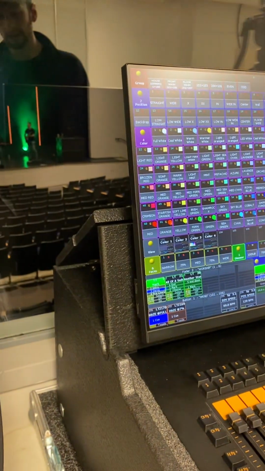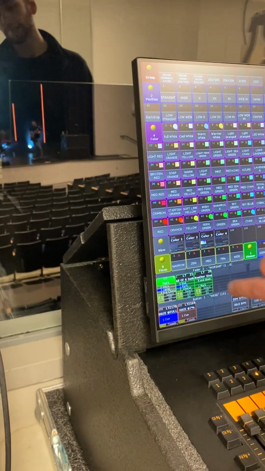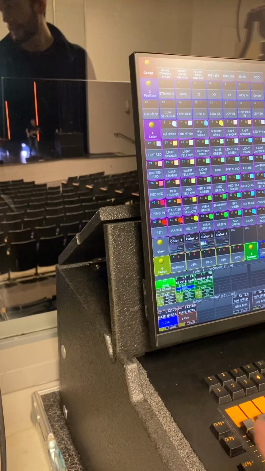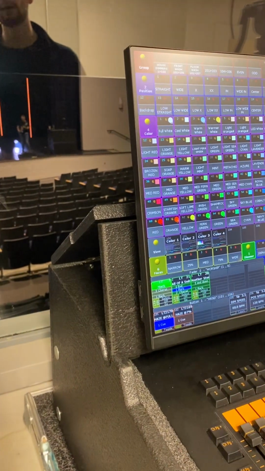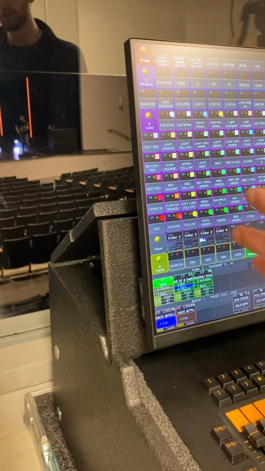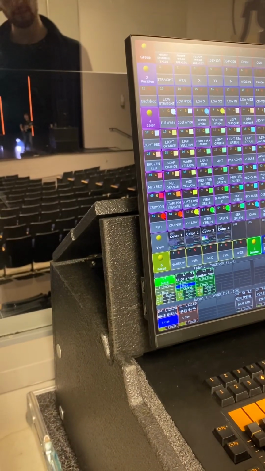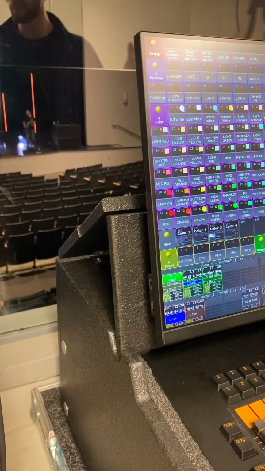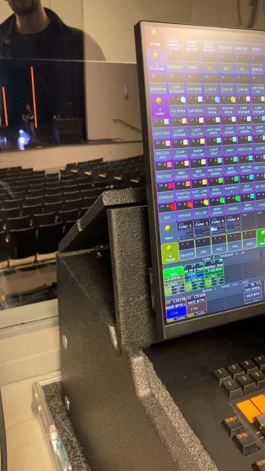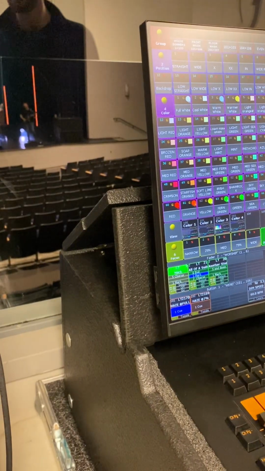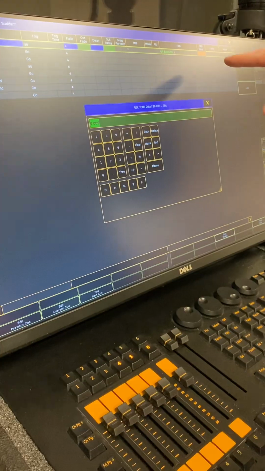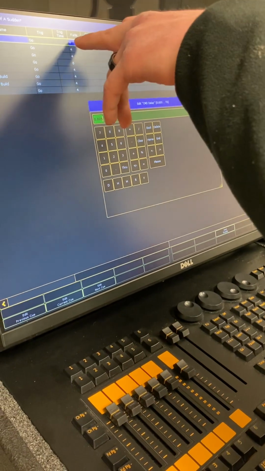So we go into that second song, and now as soon as we fire that second song, it starts to turn the first one off. Which is looking a lot better than what it did. Now it's actually turning it off. However, there's a lot of cases where if the first song turns off as soon as you go into the second one, it does some weird, not necessarily weird behavior, but you might see the lights kind of go up and back down again. So typically it's better to set this command delay to the length of the cue,